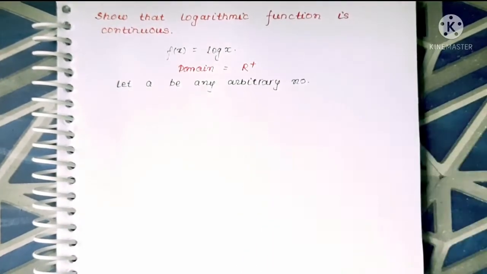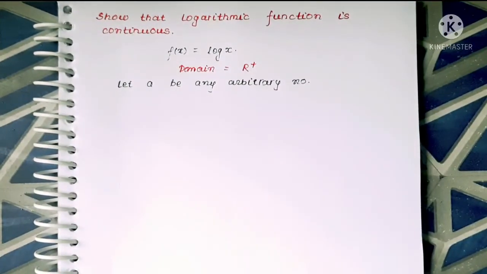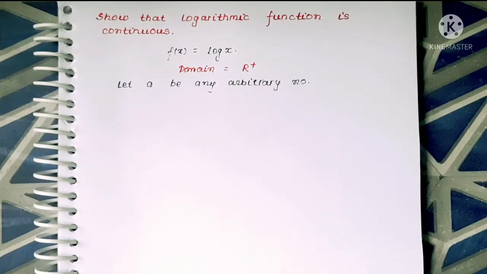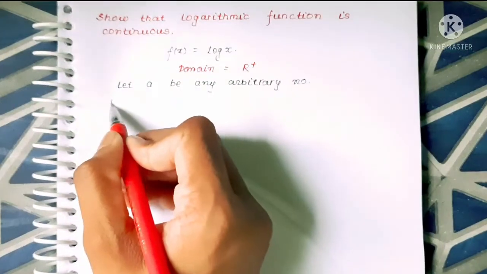on its domain. So we know that the limit criteria, we will have to prove in three ways: left hand limit, right hand limit, and the value of the function. If these come out the same, we will say it is a continuous function. So from that criteria we will first write from the left hand side. We will solve that.